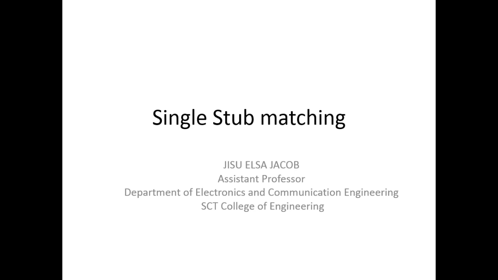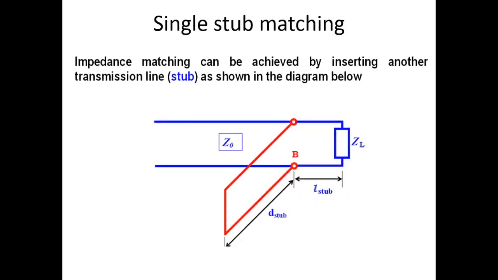In today's class, we will discuss single stub matching. In the last class, we discussed the various applications of transmission lines, and transmission lines can be used as circuit elements, inductor and capacitor. Then about half wave transformer and how to extend the length of the transmission line, and about quarter wave transformer. Quarter wave transformer is used for impedance matching, and another method for impedance matching is stub